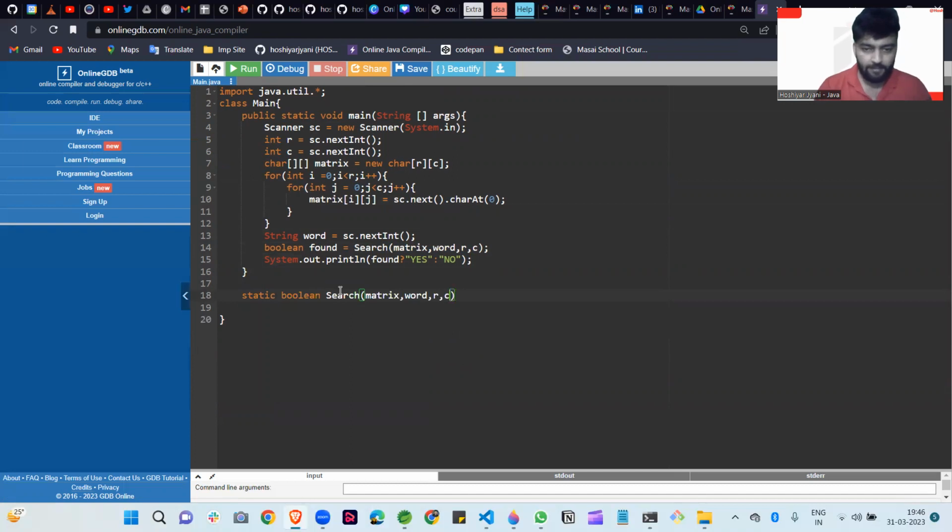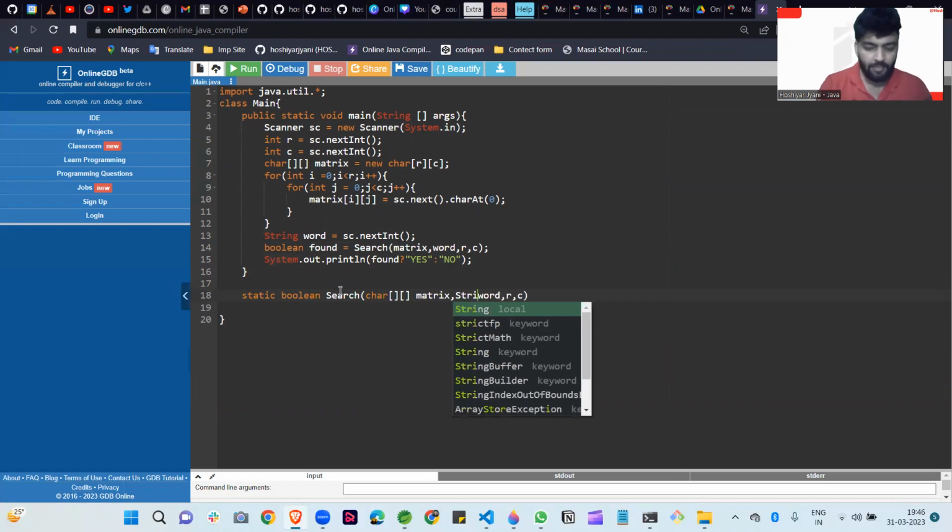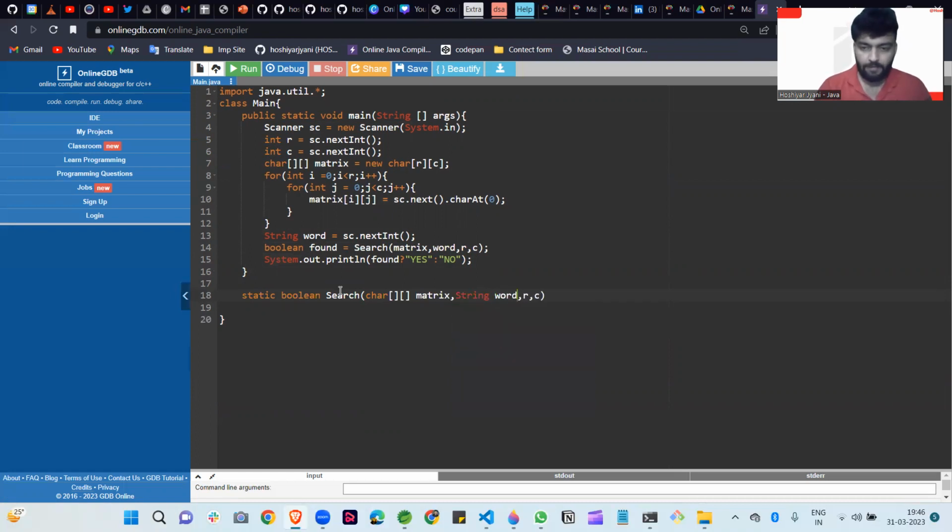Name of method is search, and the matrix type is character type matrix, and this is a 2D matrix. Okay, so matrix done. After that the word is string type, word is also done. Then int type row and int type column is here.